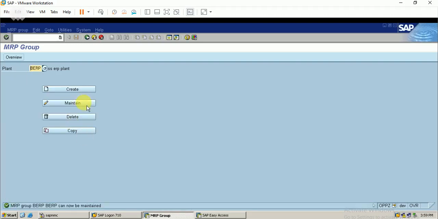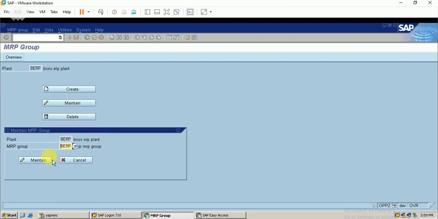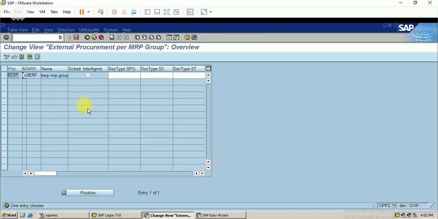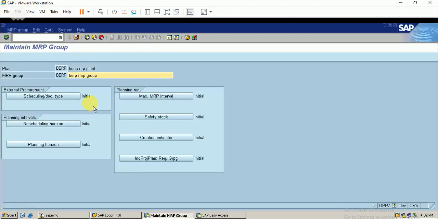I have created it, and now I can maintain it. You can see the external procurement type and the scheduling document types. We can maintain our document types here, but I keep them blank now. I will configure them when required. The planning intervals, especially the rescheduling horizon and planning horizon, are parameters available with the planning run. We will process those things in this video itself. I just save it.